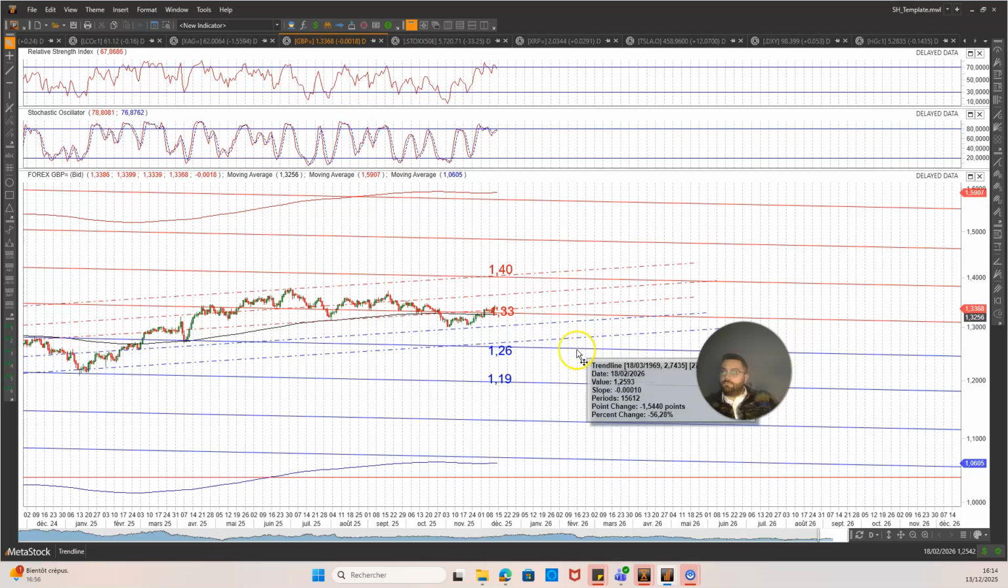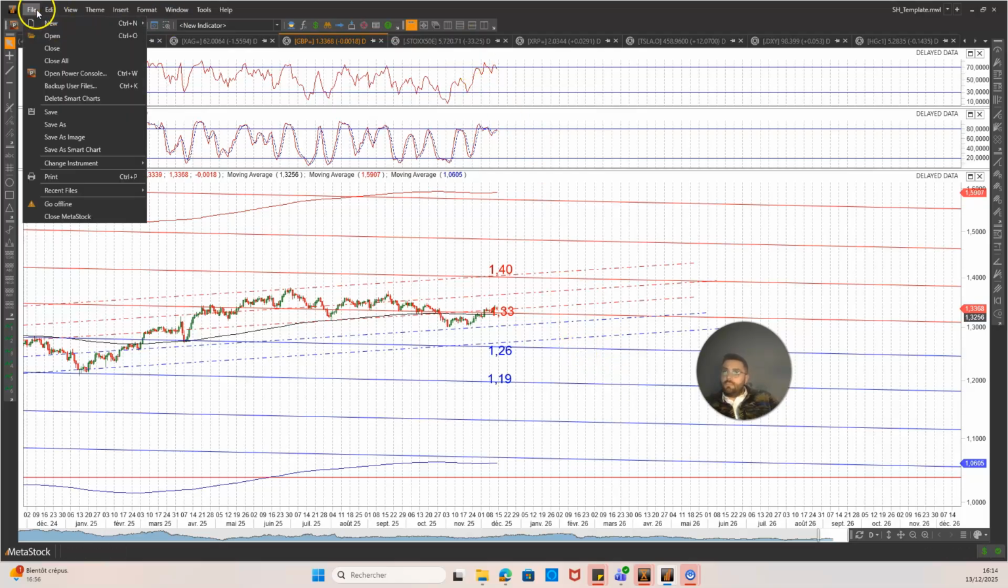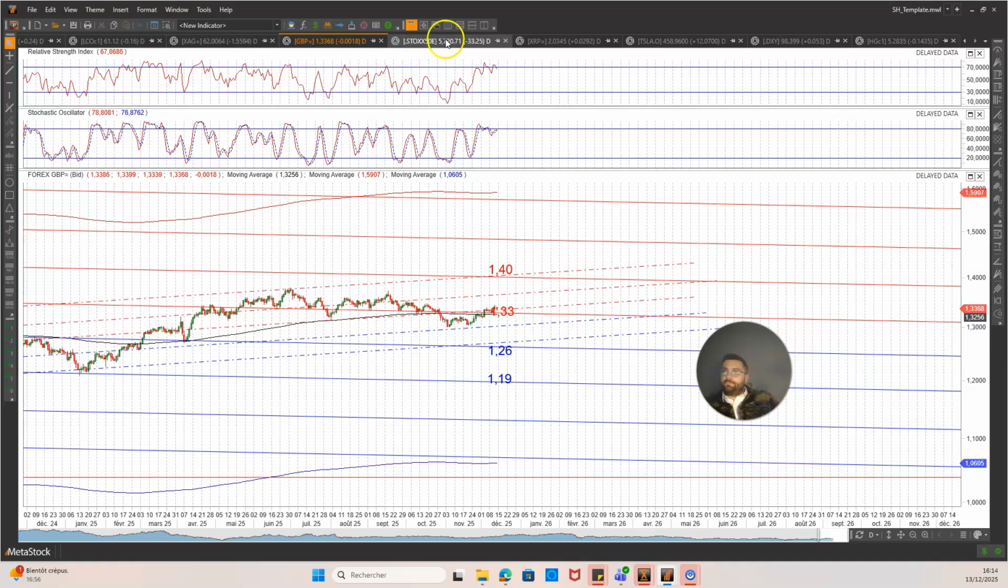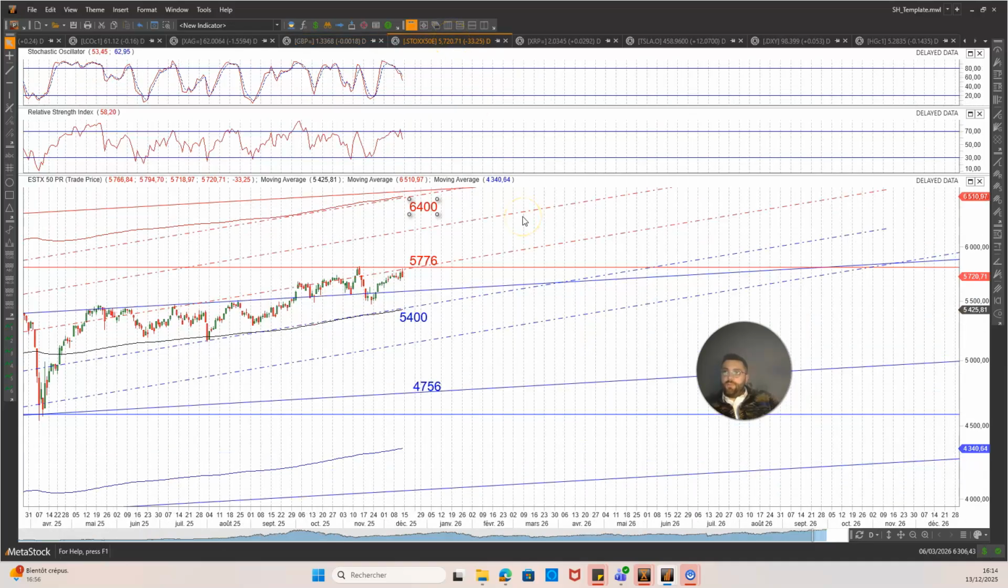Okay, guys, let me save it, and let's talk about the European stock market. So prices are testing this important resistance here around 5,776 points, and we have another important resistance as well. This is the secondary trend resistance. So I would say it's a good moment to take profits in the European market as well,